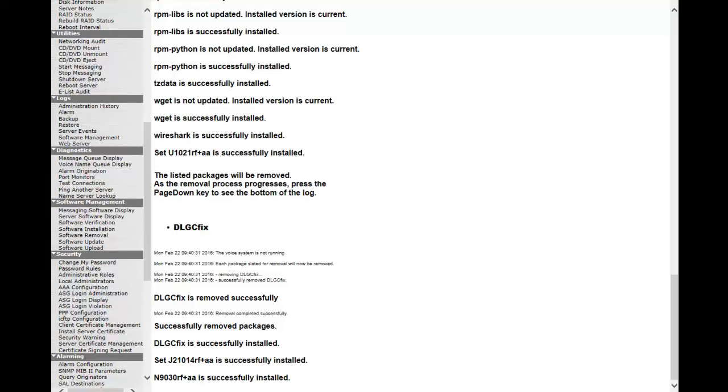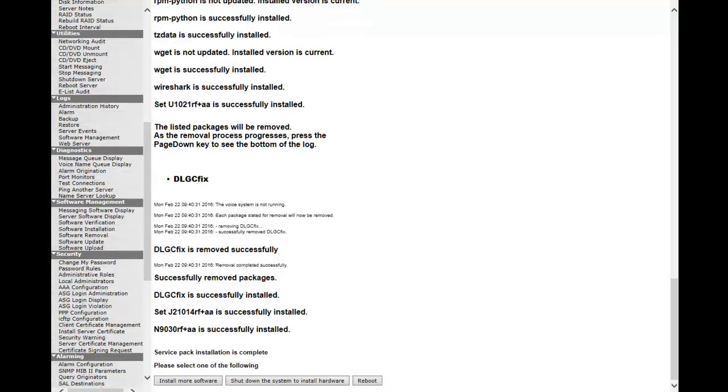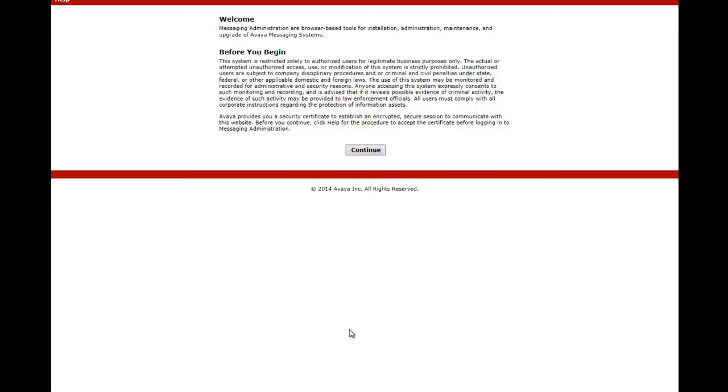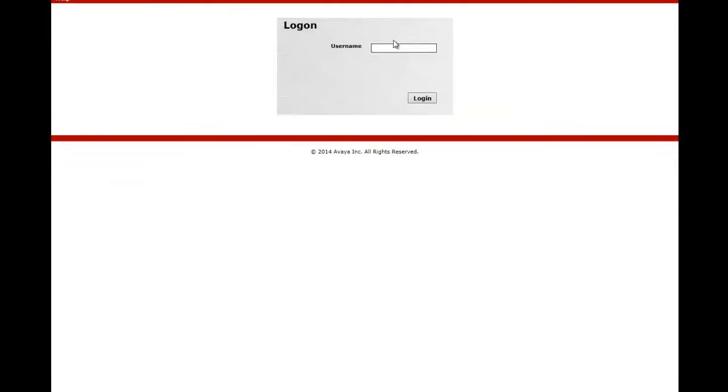Once the major releases, the RFUs, are installed, we can either install more software, install hardware, or simply reboot, which is what we want to do at this point. The reboot on a message networking server will take anywhere from 5 to 15 minutes depending on the server. Once the system's rebooted, log back in as SA, and we can verify that our software is properly installed by